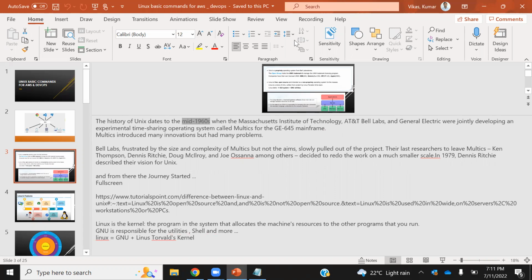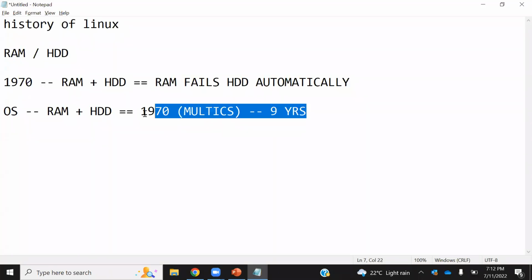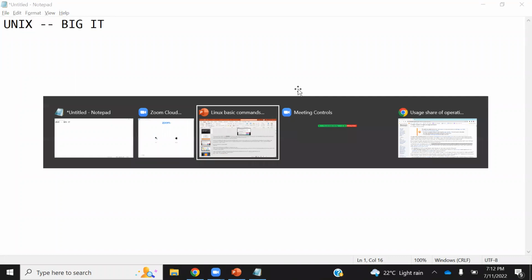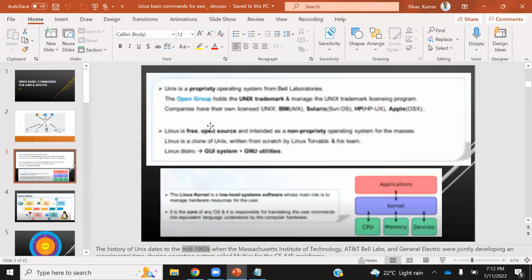Now, this was a game changer. Why was this a game changer? Now, everything developed will be based on Unix. So Unix was a game changer. Now, if there is a product in the market which is going to be a game changer, the big IT companies, what will they do? They will take the proprietorship or the ownership of that software. So they took ownership of this software. They started buying this software from AT&T Labs.